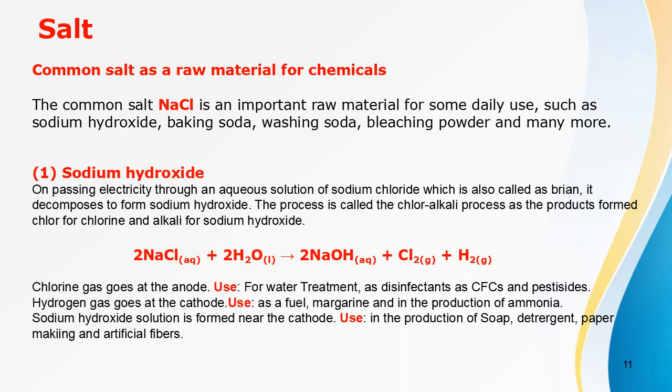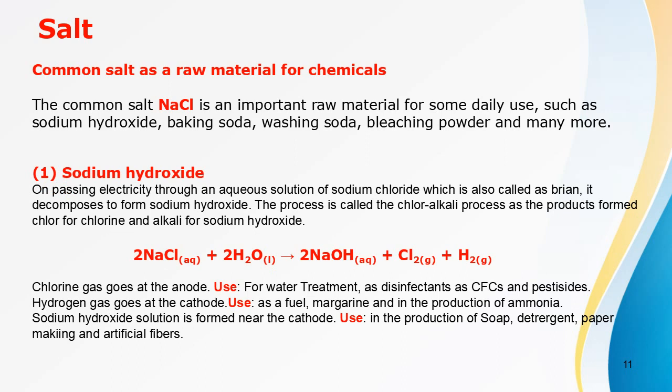Sodium hydroxide: on passing electricity through an aqueous solution of sodium chloride, which is also called brine, it decomposes to form sodium hydroxide. The process is called the chlor-alkali process, as the products form: chlor for chlorine and alkali for sodium hydroxide. Chlorine gas goes at the anode, which is used for water treatment, as disinfectants or as CFCs and